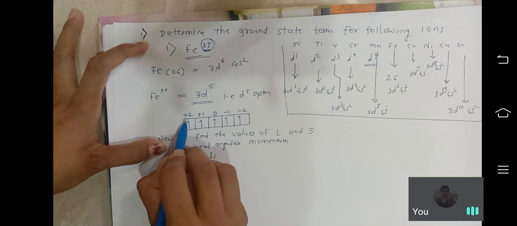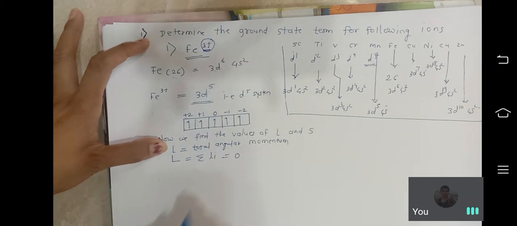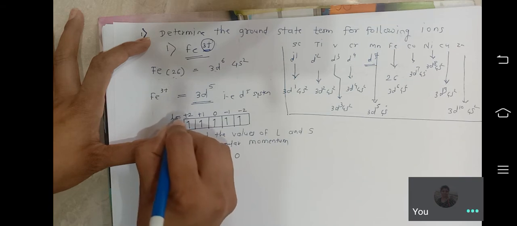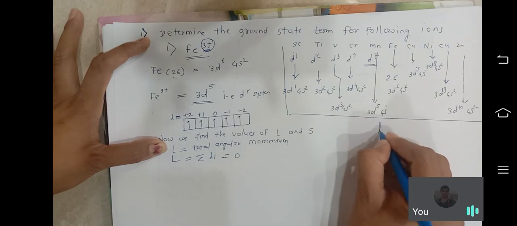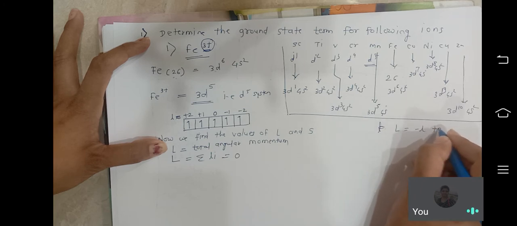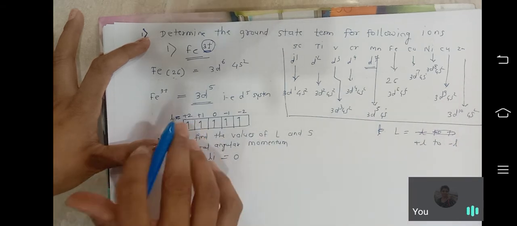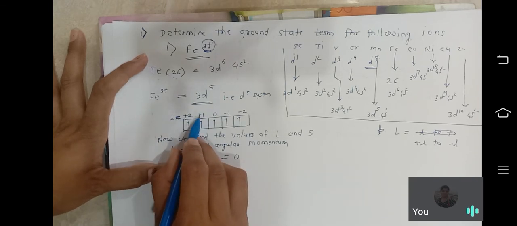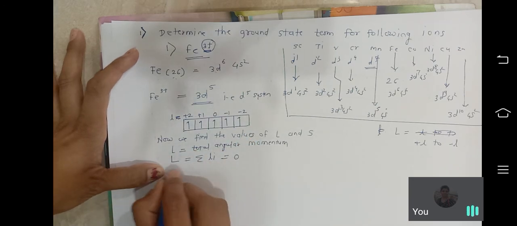That means when you add +3 to -3, at that time you get the value 0. Okay, see here, +2, +1. These are the values of l. Okay, in the previous lecture we saw how you write -l to +l, that means +l to -l. Okay, same here. How do you find the value of L? Here +2, +1, that means 3. Here -1, -2, that means -3. You get here 0. Okay, S means what?